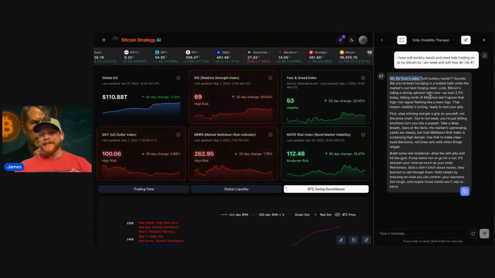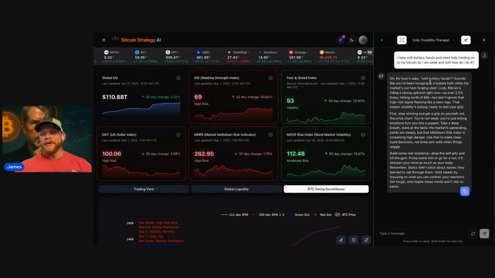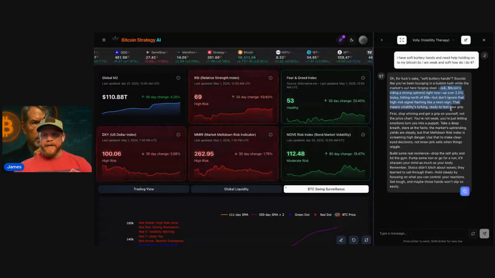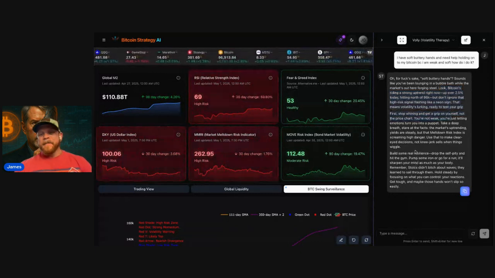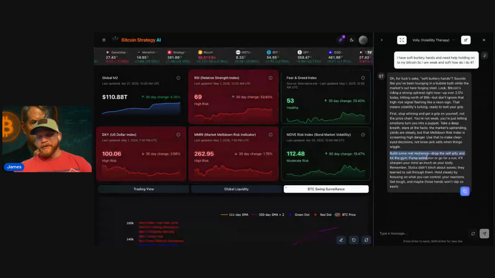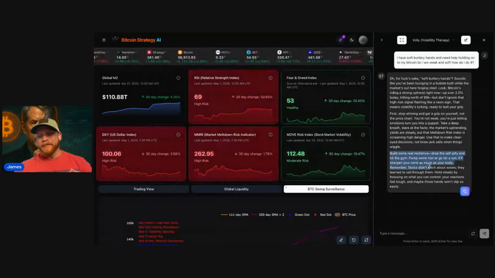Love it. Oh, for fuck's sake. Soft buttery hands sounds like you've been lounging around in a bubble bath while the market's been out here forging steel. Look, Bitcoin's riding a strong uptrend right now, up over 2.5%, heading north of 96K. Don't ignore the risk signals, blah, blah, blah. But this is great. Build some real resilience, drop the self-pity, hit the gym, pump some iron, go for a